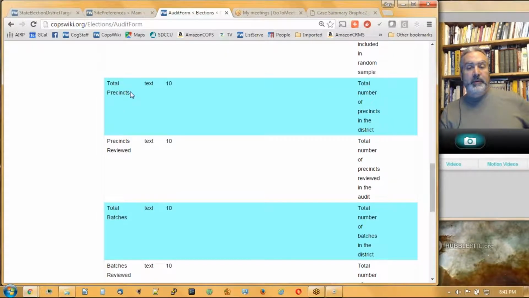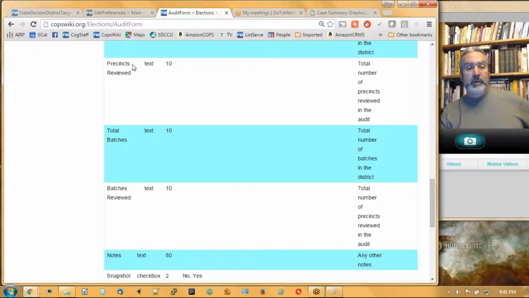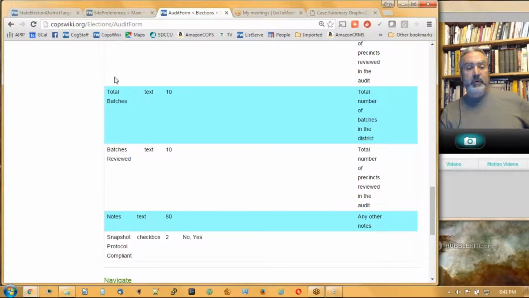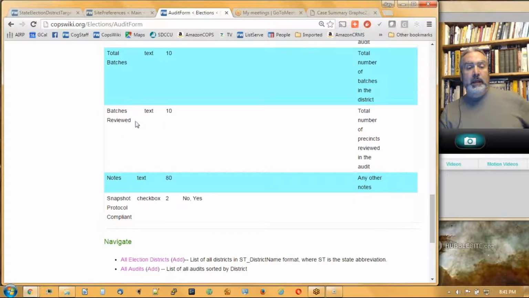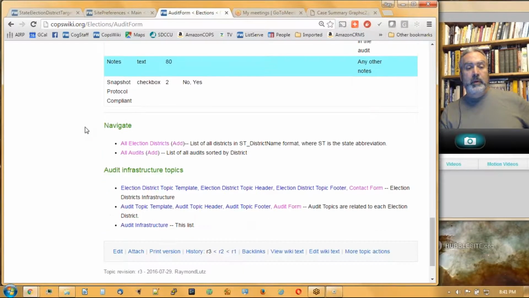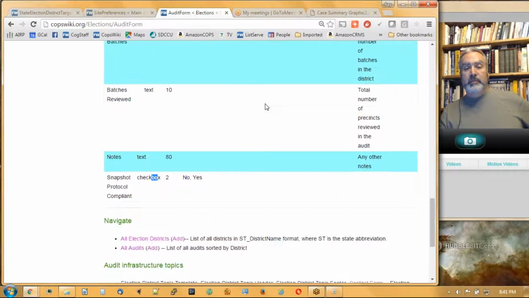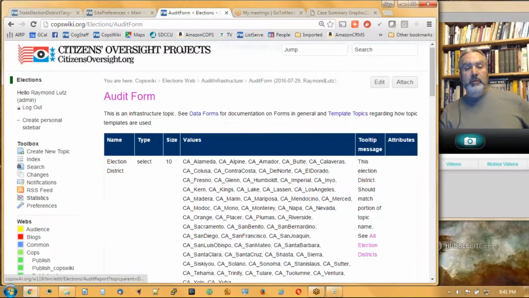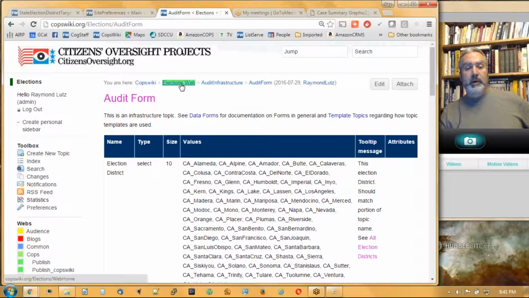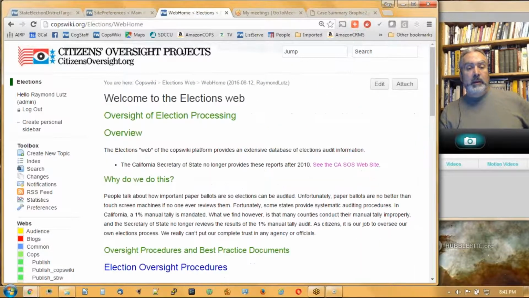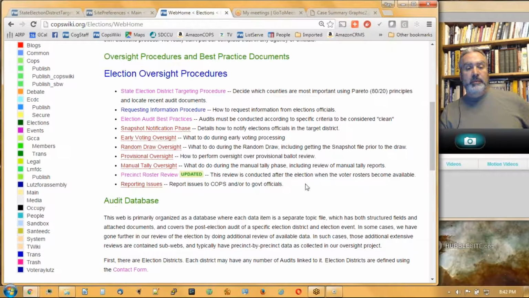Here's the total number of precincts in the district, 1,522 in the last election, and how many precincts were reviewed. And these batches are the total number of vote by mail batches, and how many were reviewed, and notes. And was it snapshot protocol compliant, just yes or no? So those are fields that we can modify. That pretty much covers this